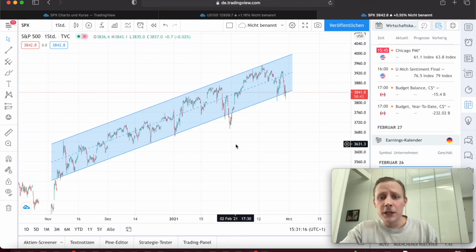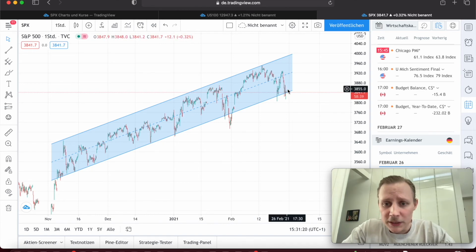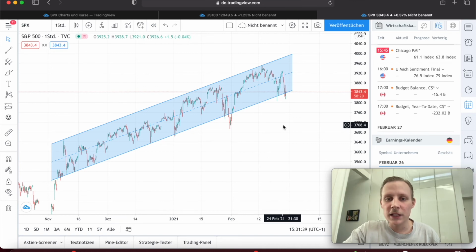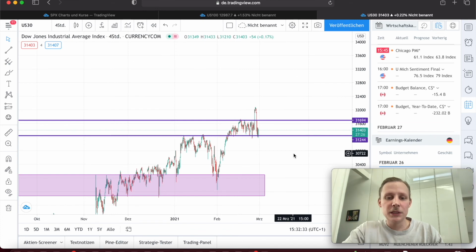Here you can see the S&P 500 we also talked about yesterday. You can see we are fairly back into the channel. We need to stay in that channel from a technical perspective, so we can call it still an uptrend. If we break down bearish, we got here another support line, but we are in dangerous territory if it breaks further down.